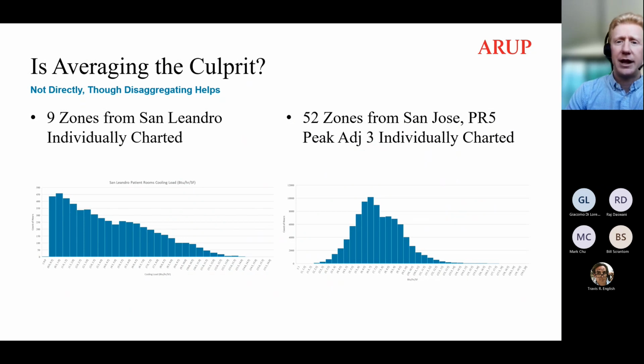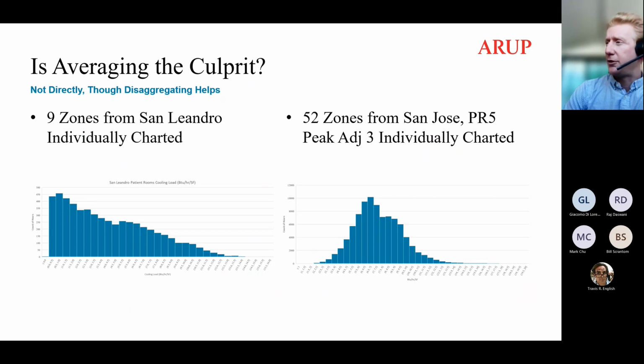And we investigated to make sure that averaging wasn't necessarily biasing the results or hiding the underlying trend within an average set. And what we found was that for patient rooms in particular, if we disaggregate the data from the average and look at stacking all of the cooling load by hour in each zone together, we don't see a lot of deviation from the